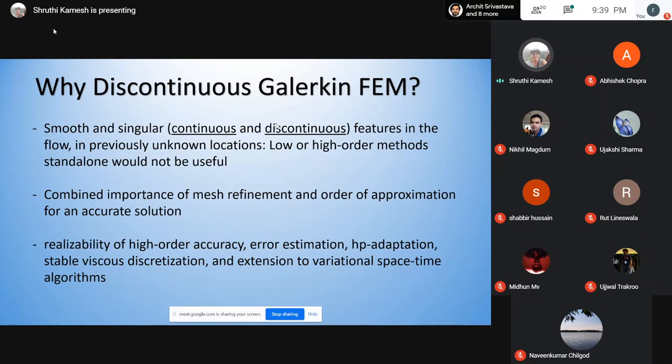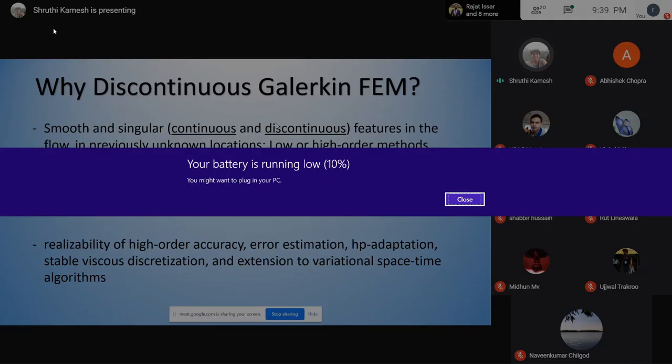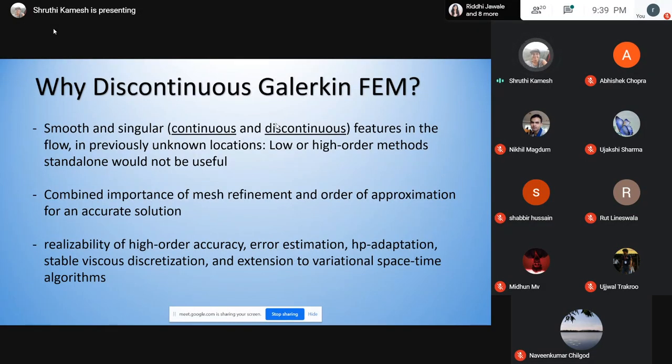The way, and I will show you that for a 1D problem later. But it's really quite fascinating the way at which it increases when you increase the order of a solution. And stable viscous discretization, that is basically saying that you have